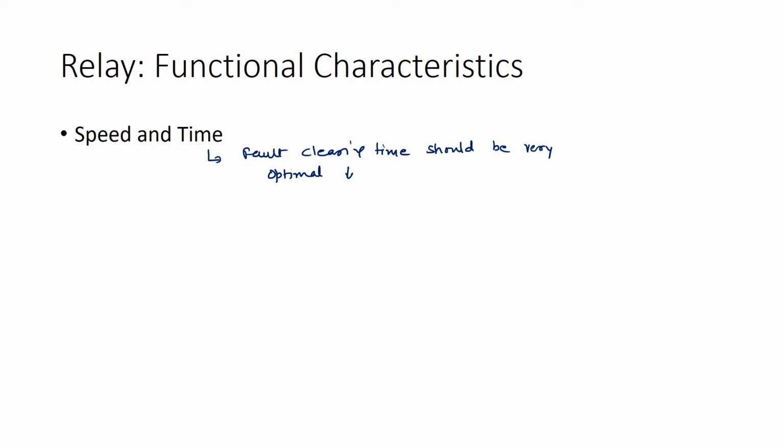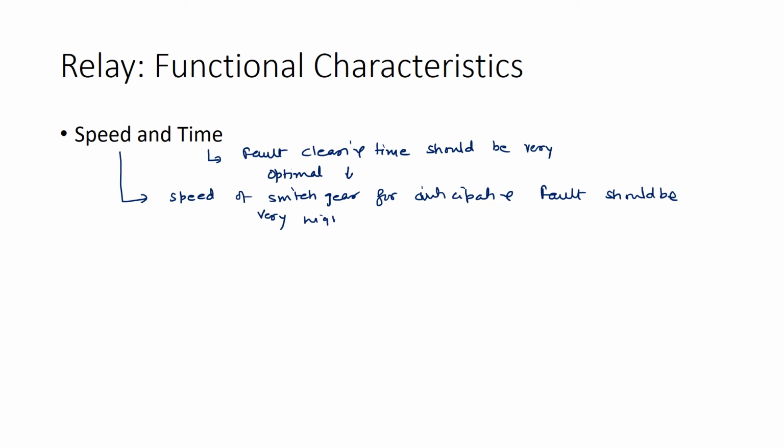And then the second part is it should have clear discrimination between primary and backup protection. Also, it is necessary to prevent unnecessary operation of the relay under conditions such as transient and starting inrush current. So this fault clearing time should be very low, and the speed of the switchgear for anticipating a fault should be very